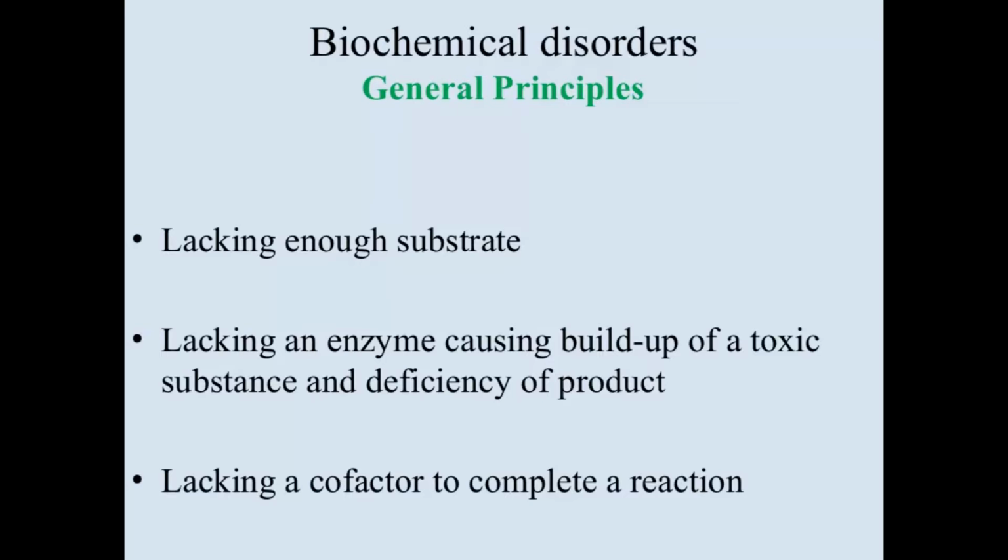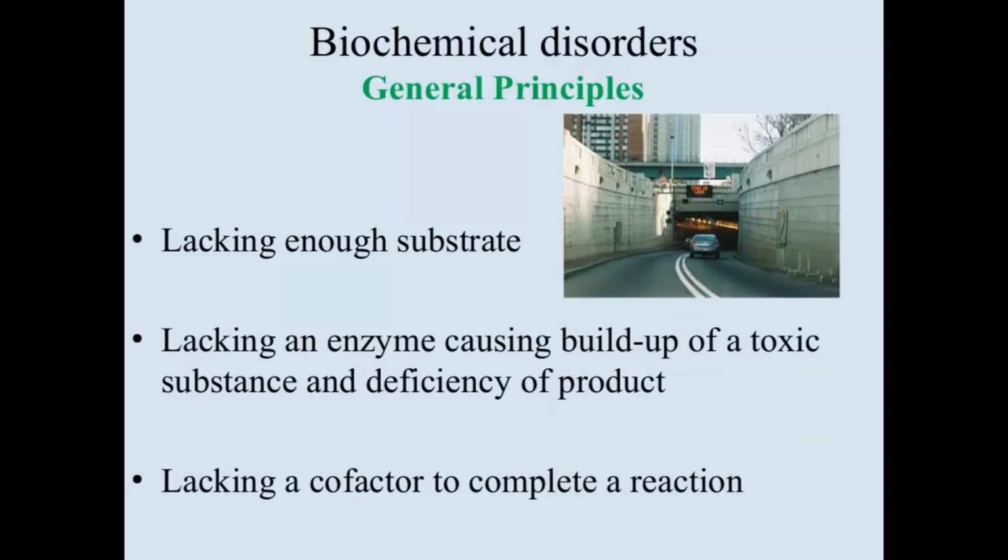So the best analogy that I can think of to explain this is, if anyone's familiar with the Holland Tunnel in New York, it's a very busy tunnel. So if the Holland Tunnel needed repairs and they needed to collect tolls to make those repairs, but they couldn't get enough money, it can be because of three reasons. So either there aren't enough cars going through the tunnel to collect the needed money for tolls. So here there's only 2 cars.